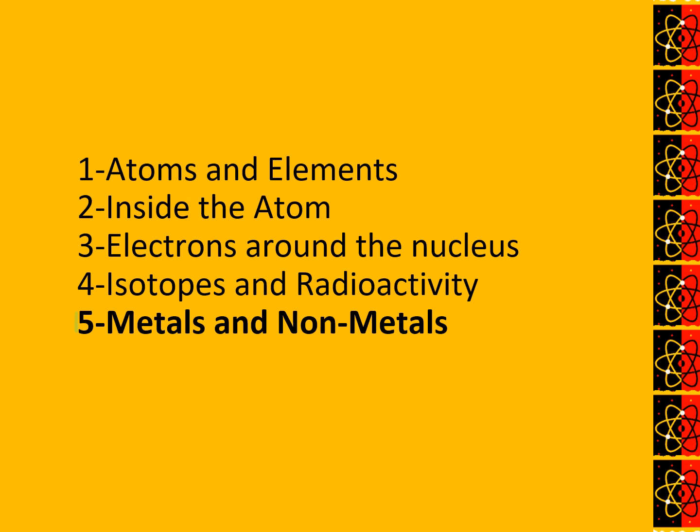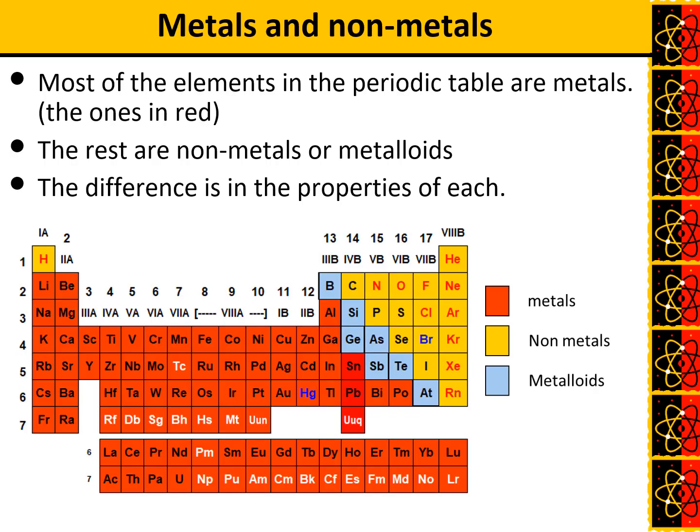Okay, this is the last part of our chapter. We are going to talk about metals and non-metals now. We saw that the metals are in the lower left part of the periodic table. The non-metals are in the upper right part. We are going to see the differences between the properties of metals and non-metals in this last part